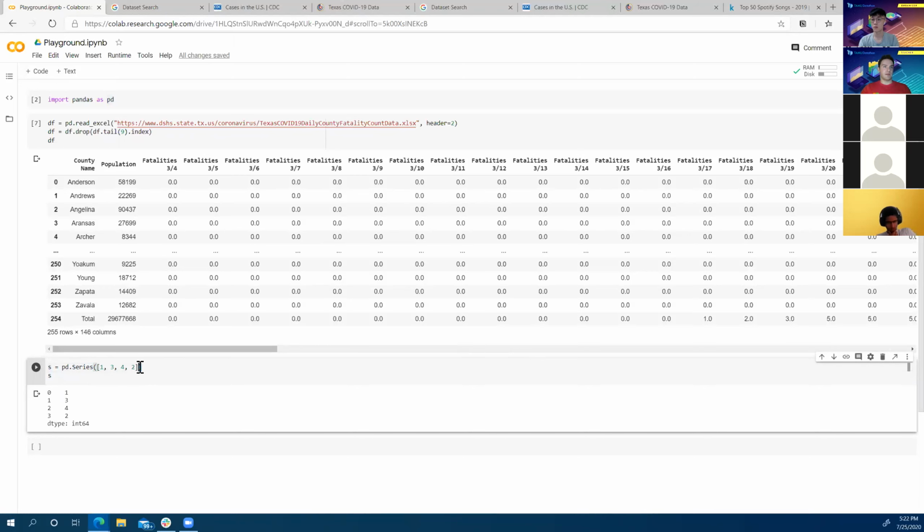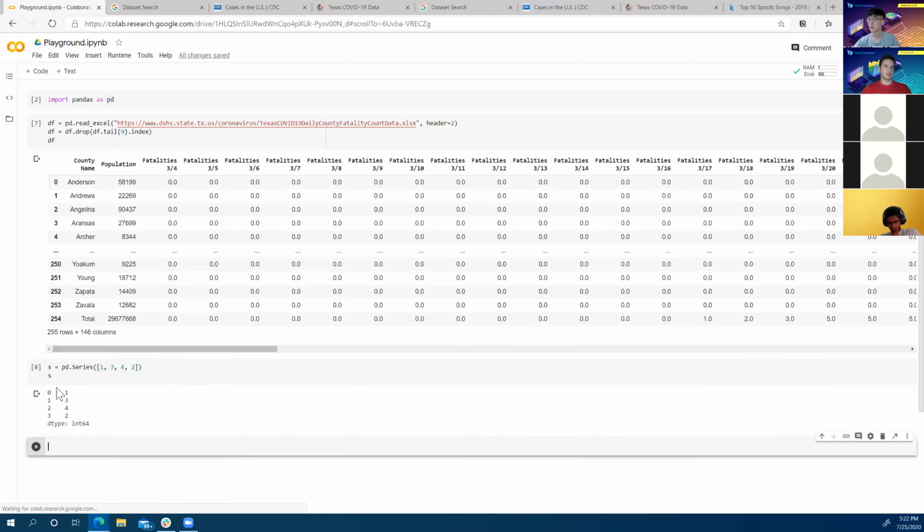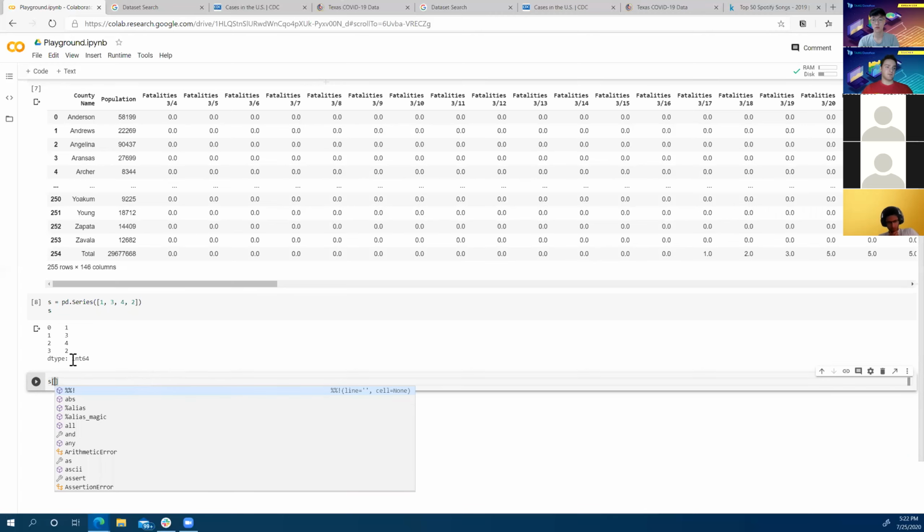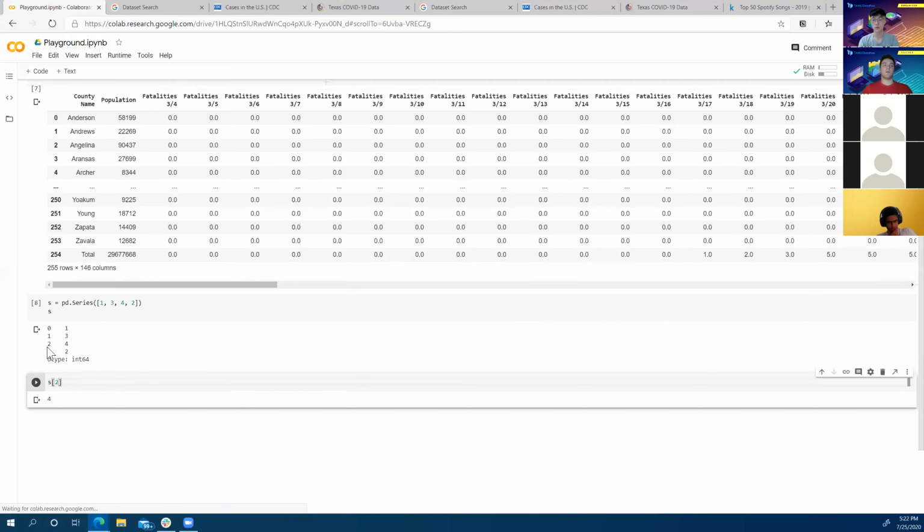Another thing about pandas series is that they're not just one-dimensional objects. They have these indices, right? If I wanted to access a number inside of a series, I can use an index. So I can say s at 2, and that will give me 4, right? Pretty basic. If you're used to any sort of computer science, you're used to an array, and to indexing into a particular section of the array.